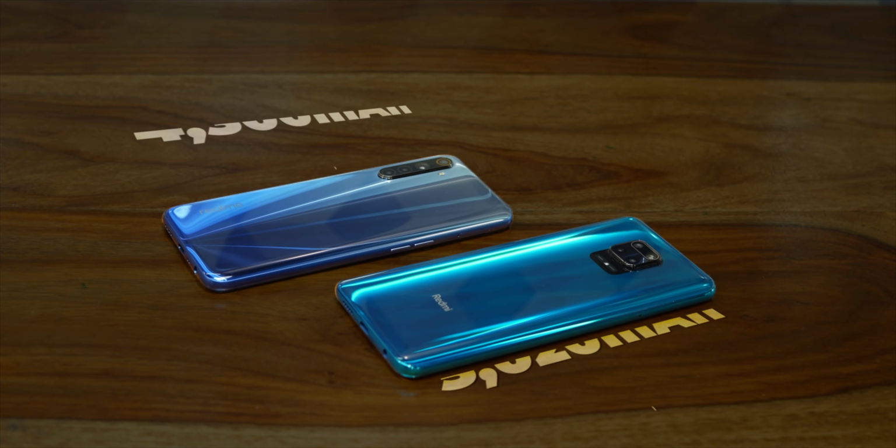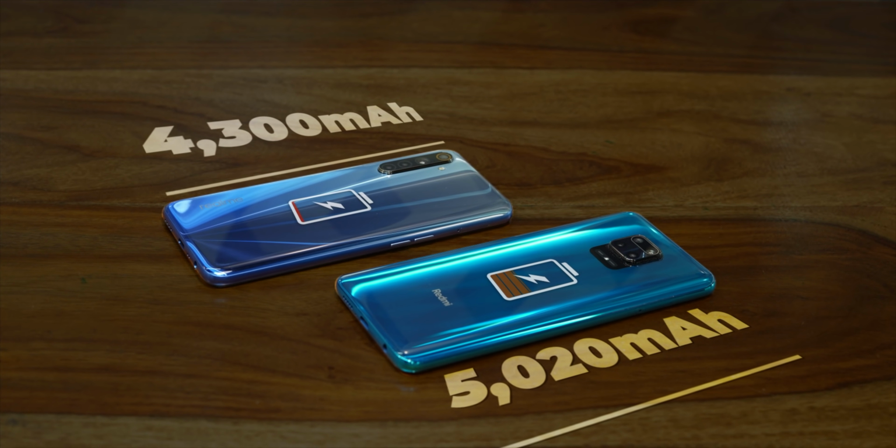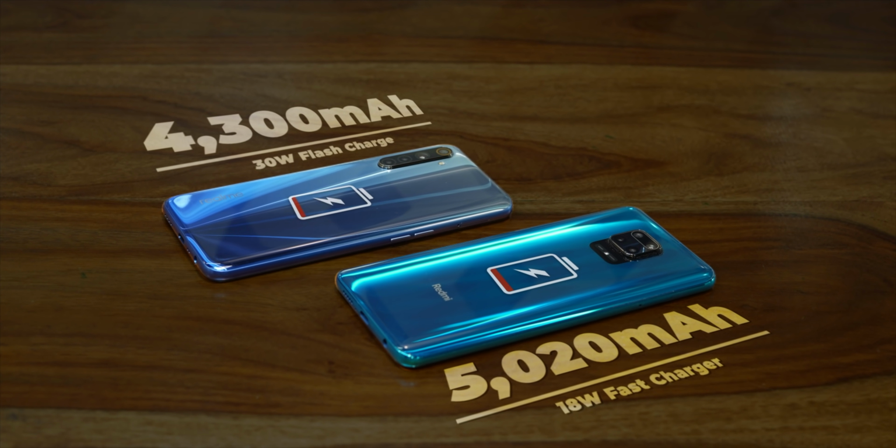Overall, I think the Realme 6 has better cameras in tow. It takes better photos in daytime, low light, videos, you get the idea. The Redmi Note 9 Pro is decent too, but compared to the Redmi Note 8 Pro, it's not a big upgrade. Moving on to the battery and charging, the Redmi Note 9 Pro comes with a massive 5020 mAh battery,